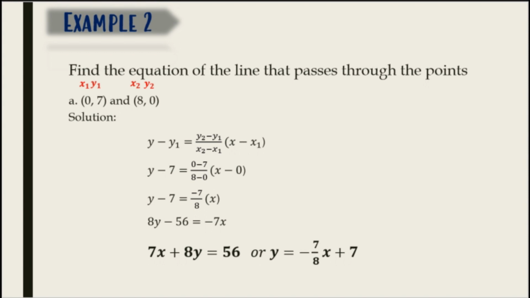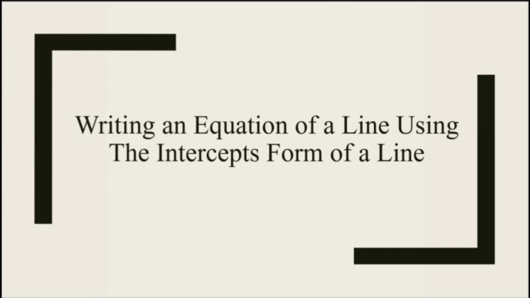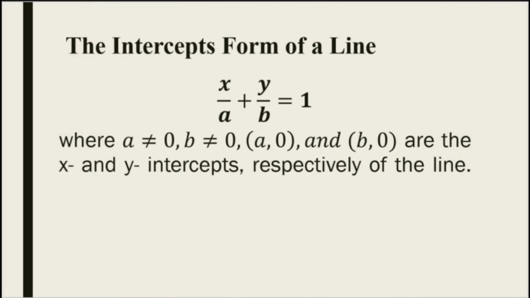Another method to write the equation of a line is by using the intercepts form of a line. The intercepts form of a line is given by the formula x over a plus y over b equals 1, where a is not equal to 0, b is not equal to 0, (a, 0) is our x-intercept, and (0, b) is our y-intercept. This equation is called the intercepts form of the equation of a line. For example,